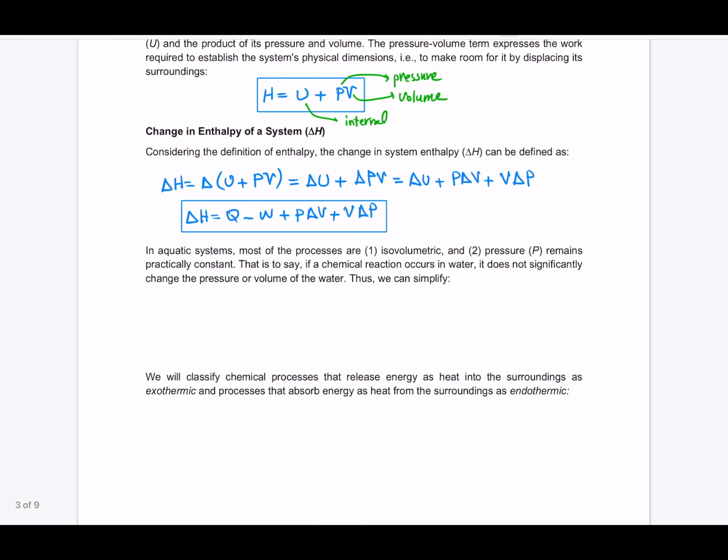So in many systems, including aquatic systems, most of the time the processes are isovolumetric, or they occur at constant pressure. So what it means is that for aquatic systems,